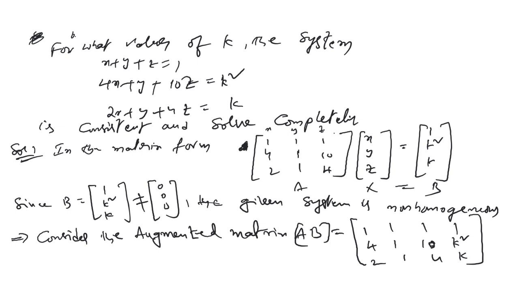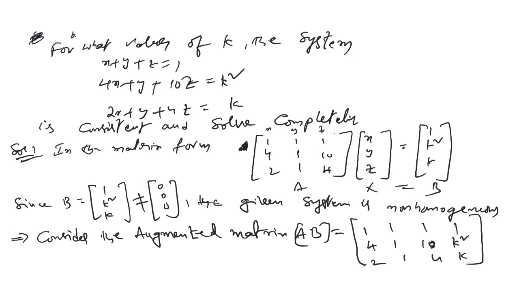For what values of k is the given system consistent, and solve completely. The given system is x plus y plus z is equal to 1, 4x plus y plus 10z is equal to k square, and 2x plus y plus 4z is equal to k. So for what values of k is the system consistent and solved completely? This is the question. For this purpose, I'm starting my solution